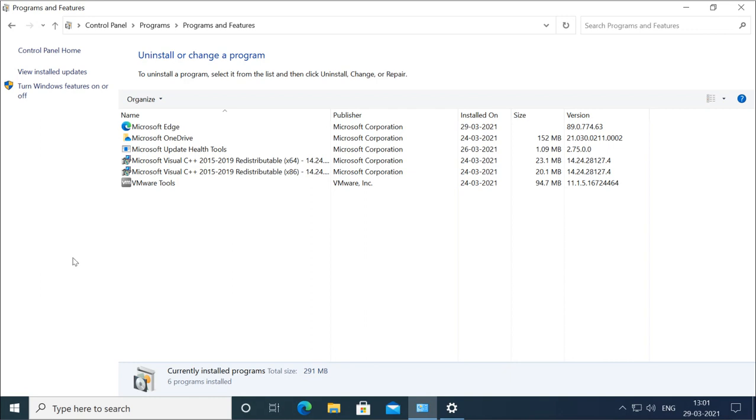Not enabled means that when you go to the login screen, you will not see any username as administrator. Because of security reasons, it is not enabled by default. But we can enable that administrator account and use it to log in.